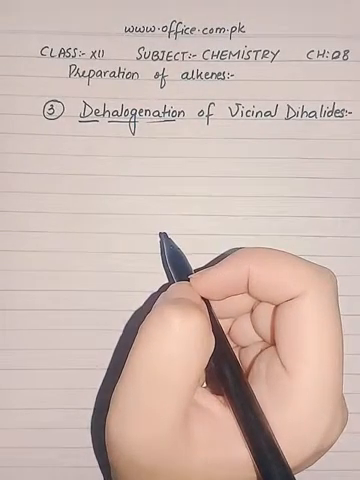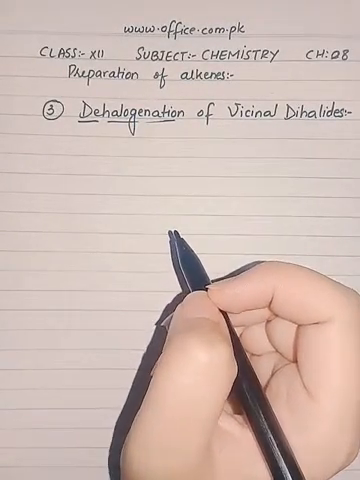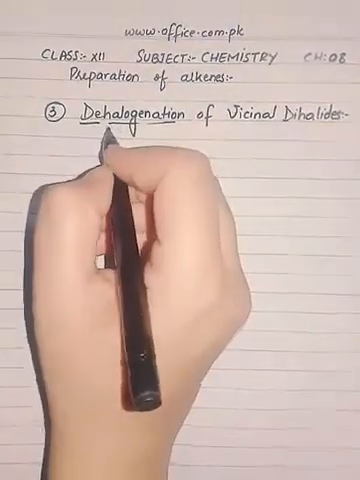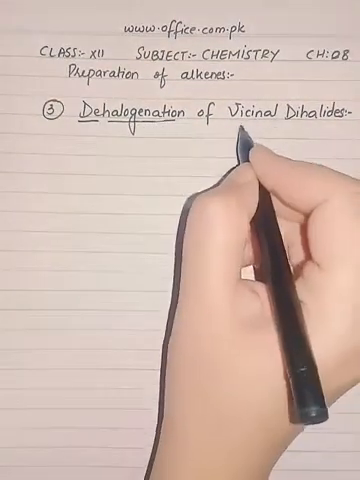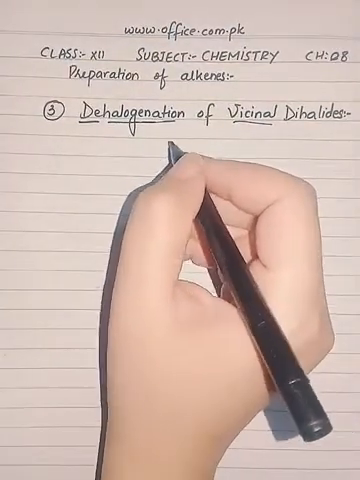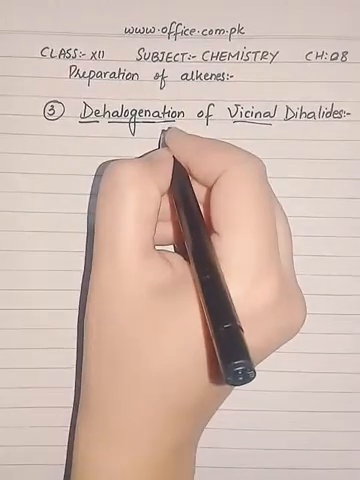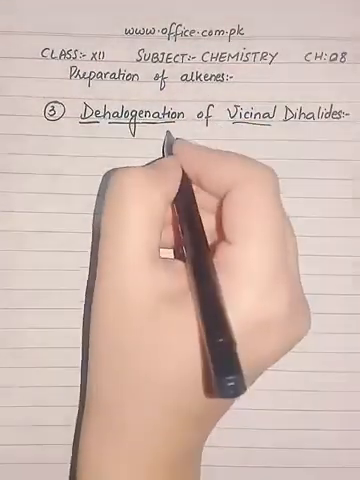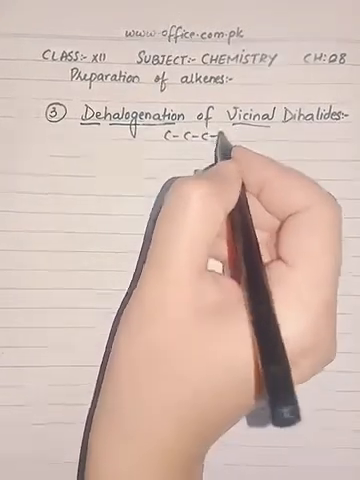The next method of preparation of alkenes is the dehalogenation of vicinal dihalides. It means we have to remove halogen atoms from vicinal dihalides. Vicinal dihalides are those halides in which halogen atoms are attached to adjacent carbon. For example, here we have, let us suppose,